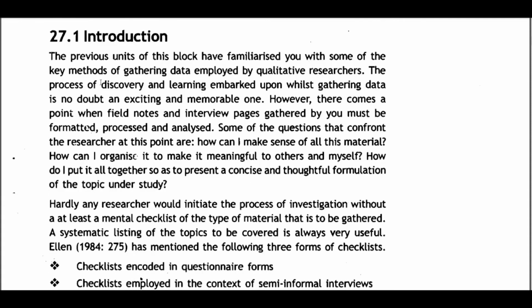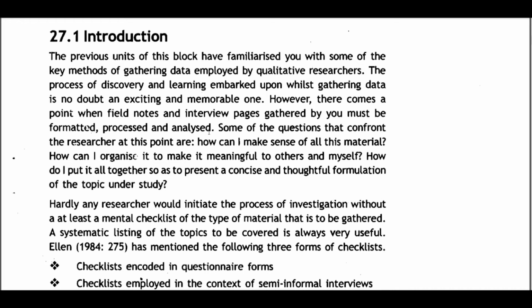27.1 Introduction. The previous units of this block have familiarized you with some of the key methods of gathering data employed by qualitative researchers. The process of discovery and learning embarked upon whilst gathering data is no doubt an exciting and memorable one. However, there comes a point when field notes and interview pages gathered by you must be formatted,